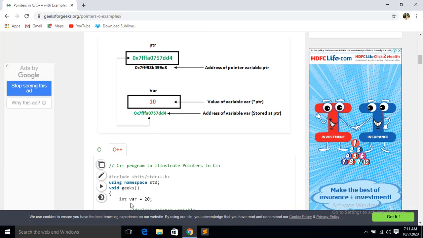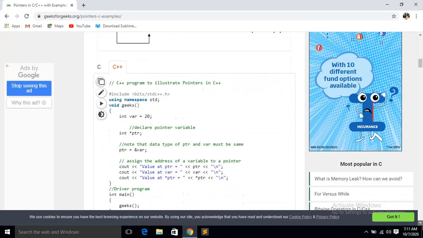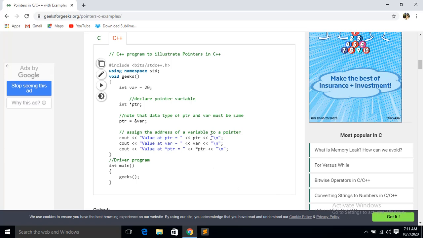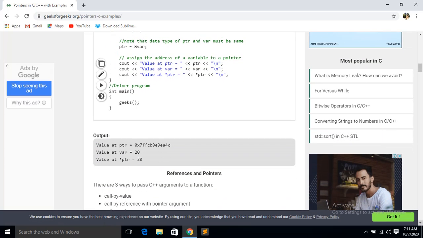In your program 20 is stored, so indirectly when you print cout star ptr and var, it is the same. So like this, by declaring a pointer, we can indirectly call the value which is stored in the original variable. So that is the use of pointers.